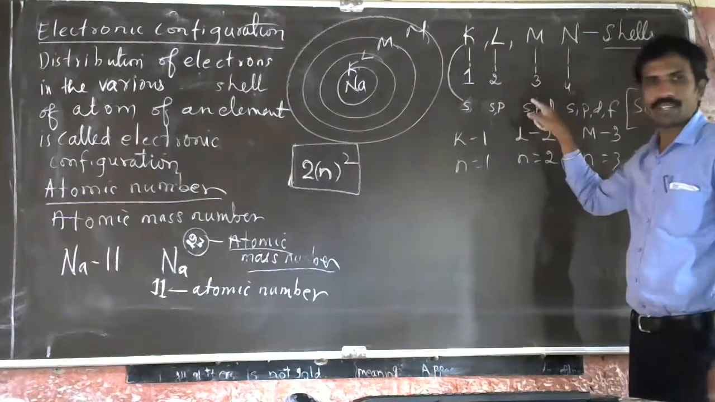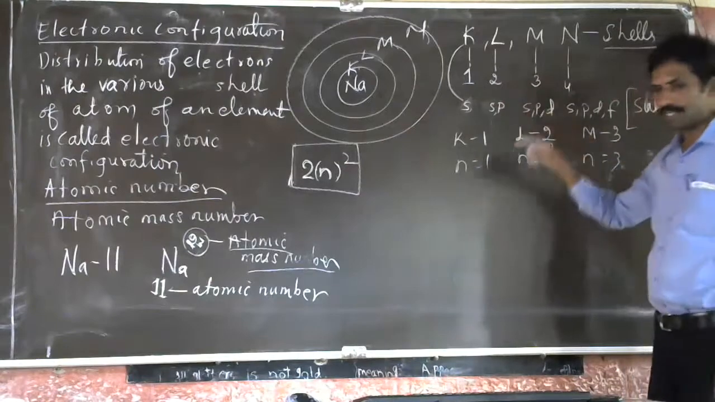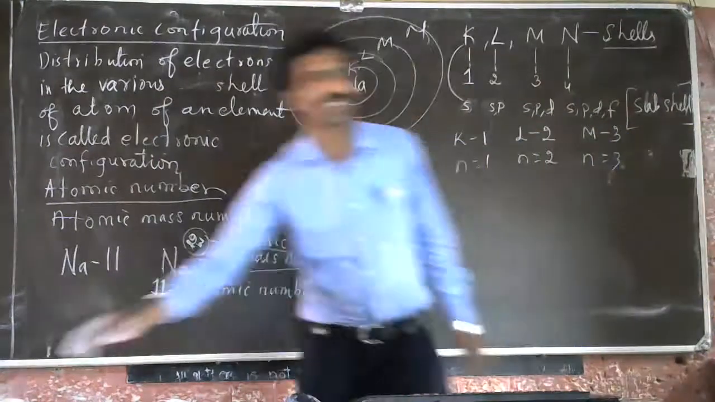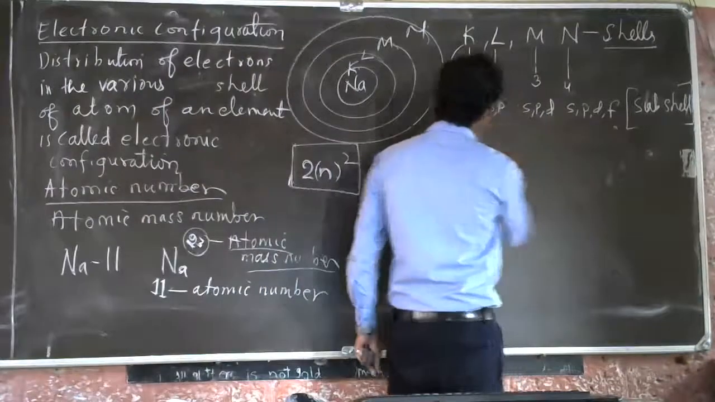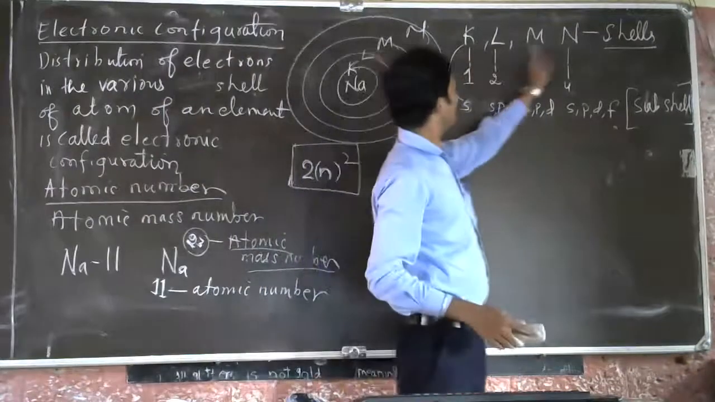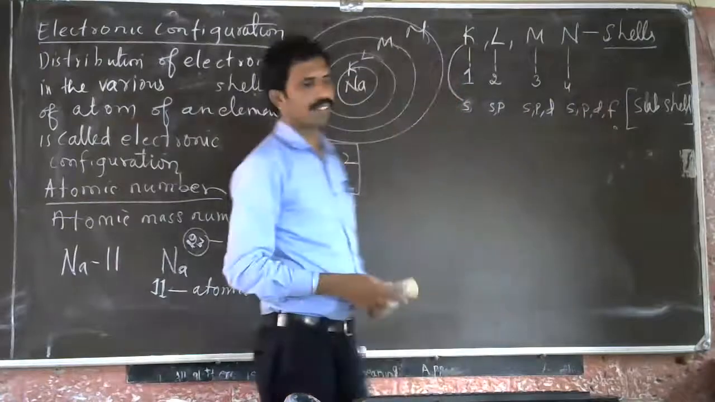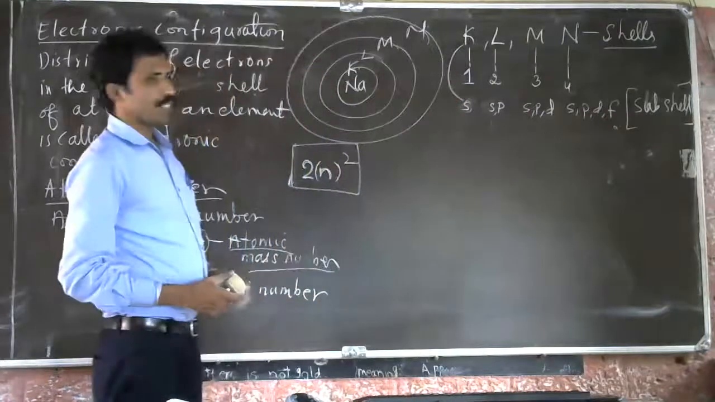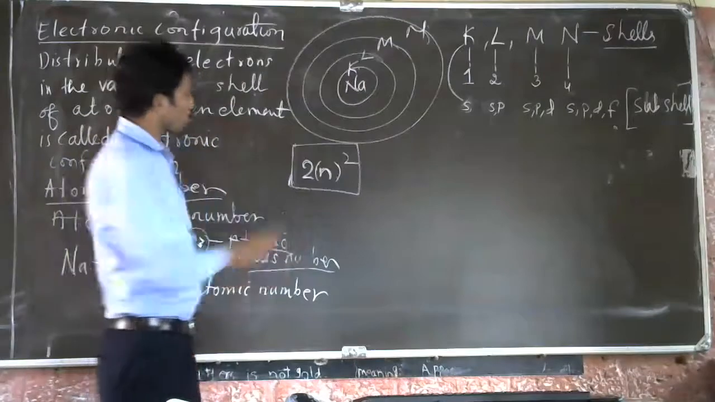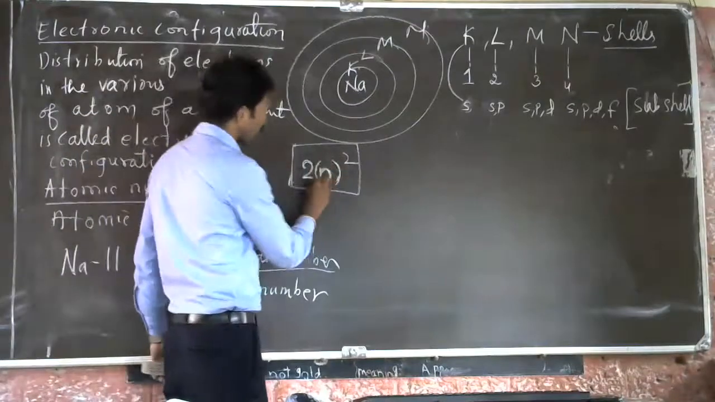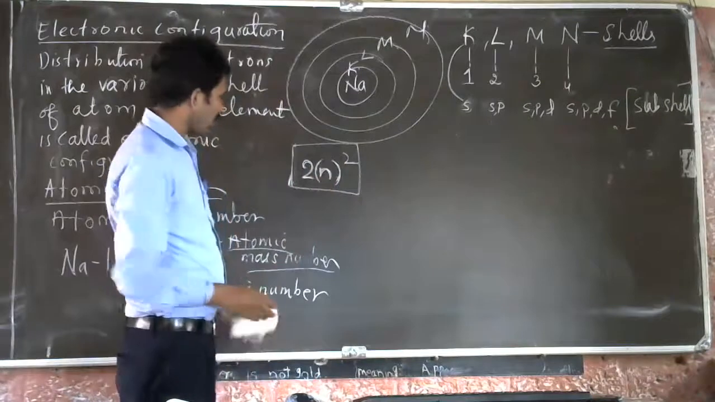It tells about the energy level: the first, second, third, fourth, fifth energy level. So it is continuous actually: K, L, M, N, O, P, Q, like this. So all the shells are denoted by K, L, M, N, like this. And 2n square is the formula to calculate the number of electrons occupied